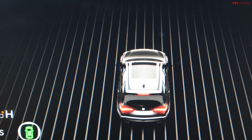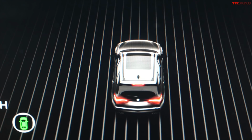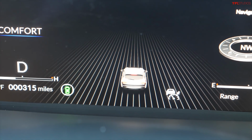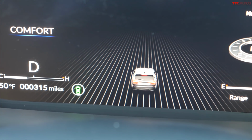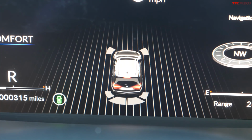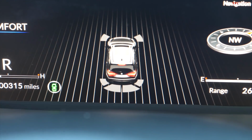I'm not really sure why that is. It's gray right now, you can see it's gray, but as soon as I push the adaptive cruise control button, the car turns silver. Is that a glitch? I'm not super sure. Now what if we go into reverse? Do the reversing lights come on? They don't, but you can see the actual radar sensors, so you have an idea of what's near you as